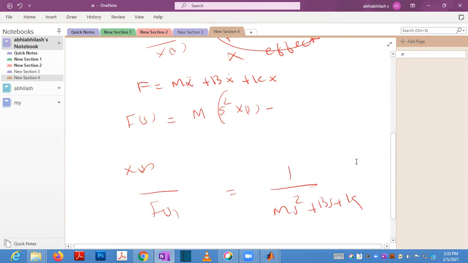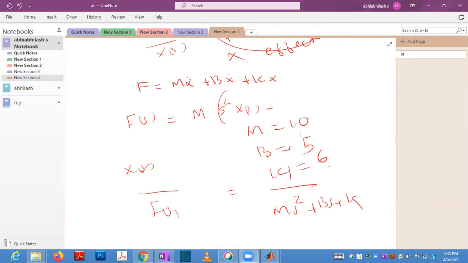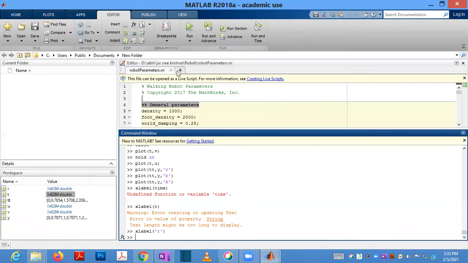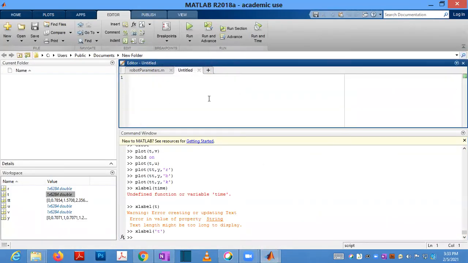So you take m equal to 10, b equal to 5, and k equal to 6, and plot the step response. So you have to open the editor, and m equal to 10, b equal to 5, and k equal to 6.